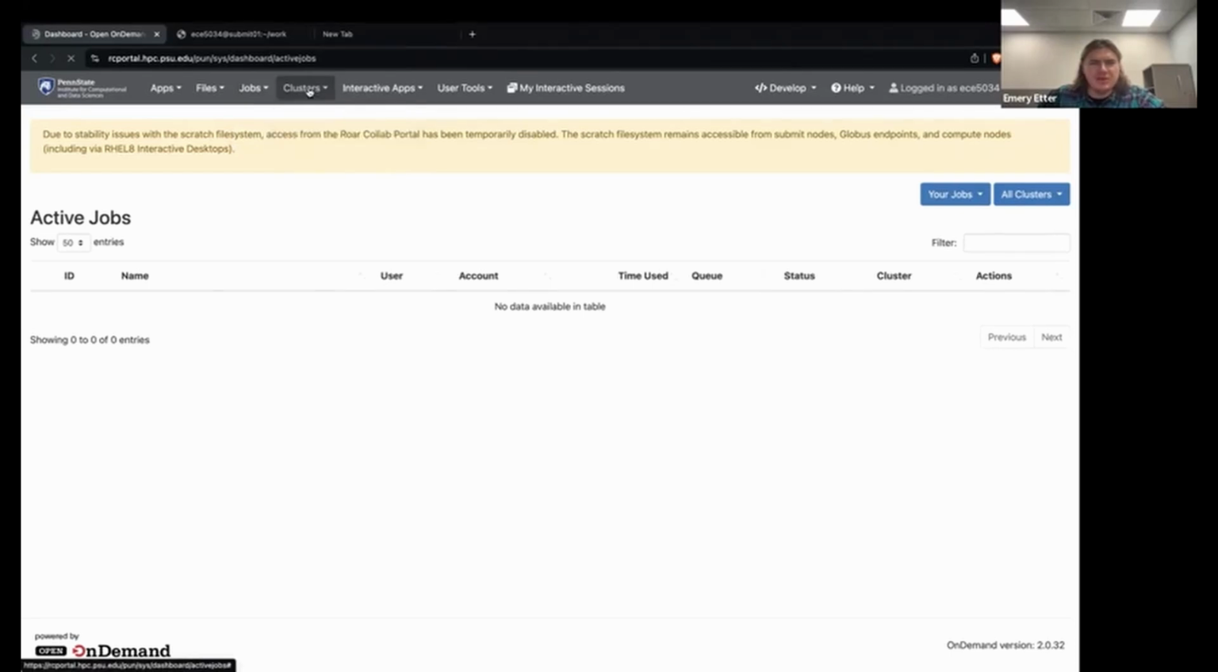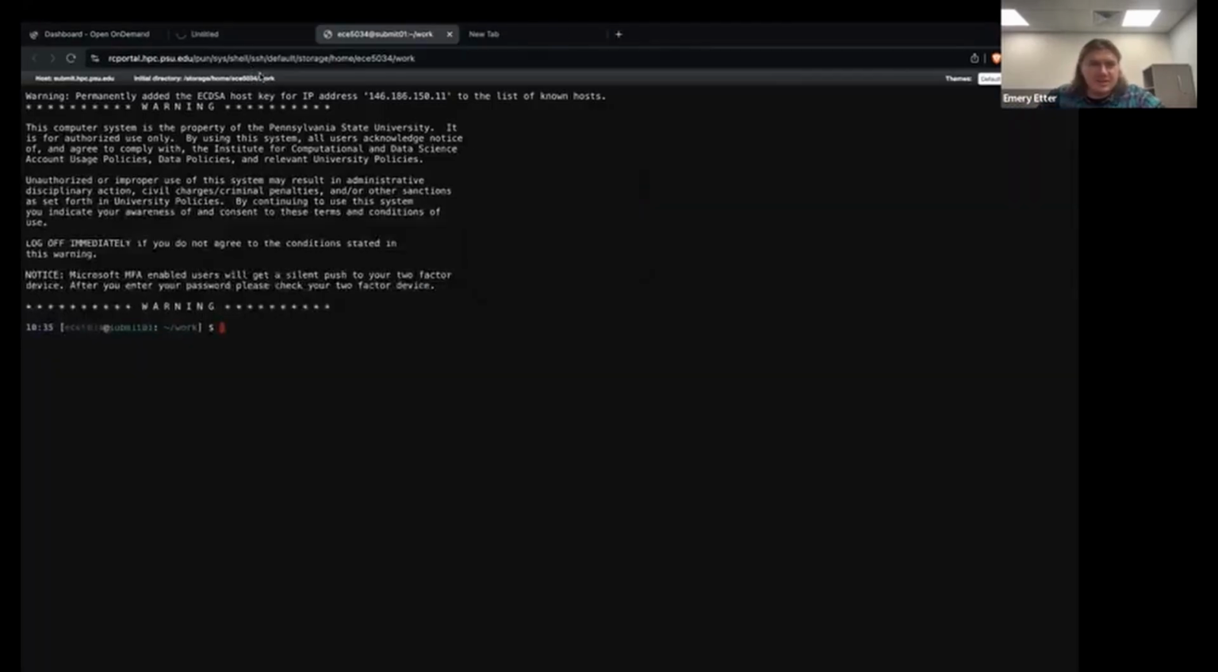Under the clusters drop down, you probably will only have this RC shell access option, and this is the method of getting on a submit node. As I mentioned earlier, from the portal, a user can connect to the portal, and then through the shell access can connect to a submit node. So if we select this,